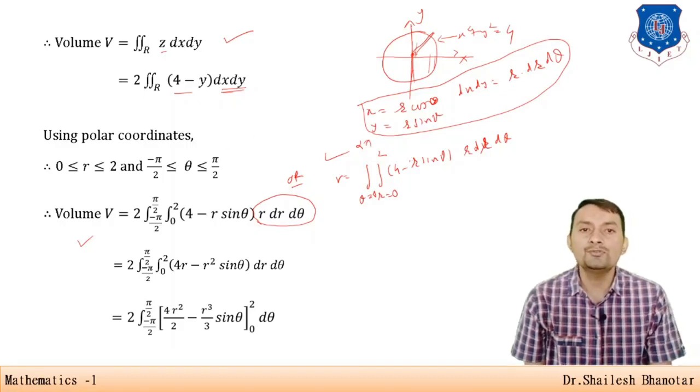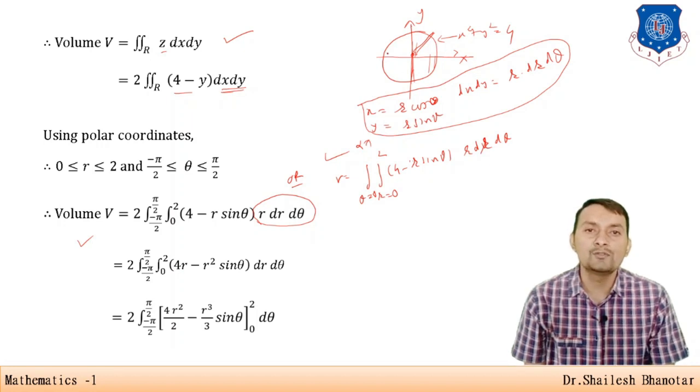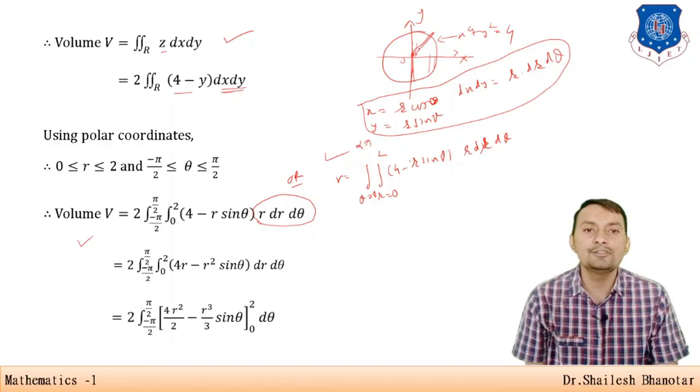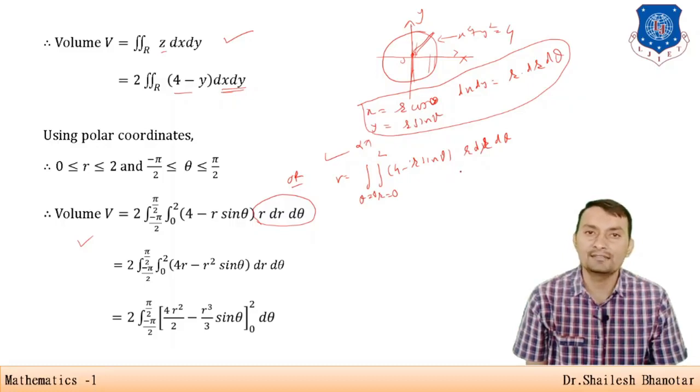But now suppose you want to consider the limits for r and theta. So this is the circle, and we need to consider the radius and the angle. The radius always starts from the origin, so r goes from 0 to 2. When we rotate, theta goes from 0 to 2 pi, so it will be the full cover. And if you integrate first with respect to r and then theta, you will definitely get the perfect answer.